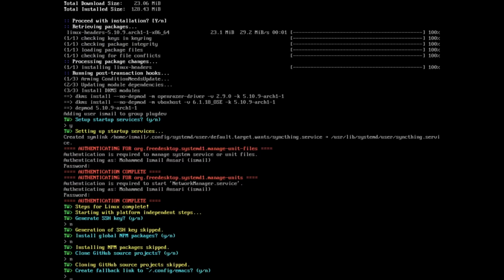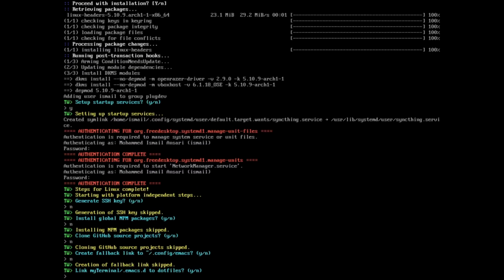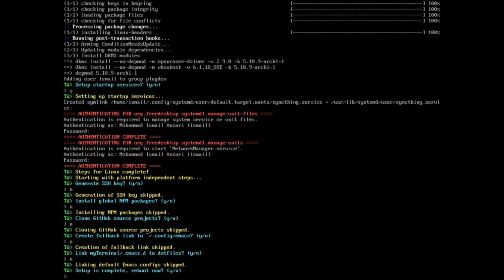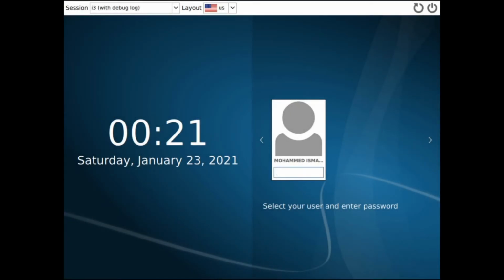Finally, I take care of a few more minor steps around my Emacs configuration, which includes creating a fallback Emacs directory just in case the xdg config directory is not supported on the installed Emacs, and then linking my configs as a default config in my dot files. Don't worry if you don't really get what these steps really mean. You can safely ignore them thinking that they are too specific for my personal setup. This concludes the setup with a simple reboot. And there we have a login where I can choose my preferred environment and login. So we made it.